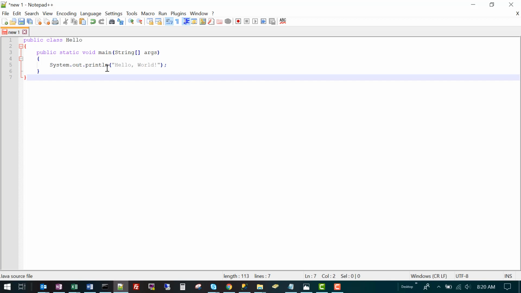The argument that we send, the parameter that we send to that method, is this message. Any text in between double quotes like this is called a string. We'll be learning a lot more about that again throughout the semester. For now, just know that we're sending this message to this method so that it can print it out to the screen.